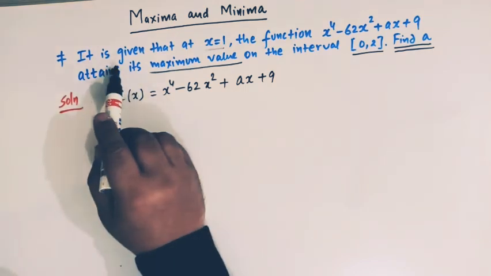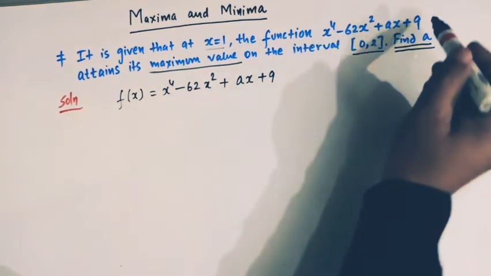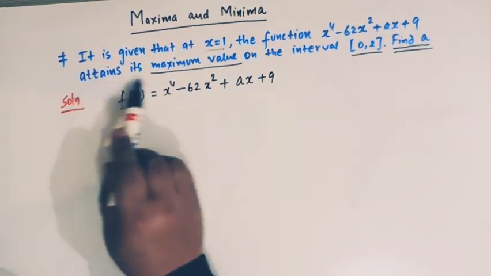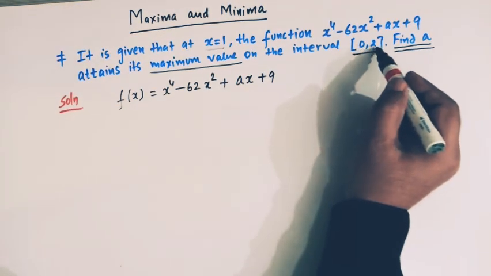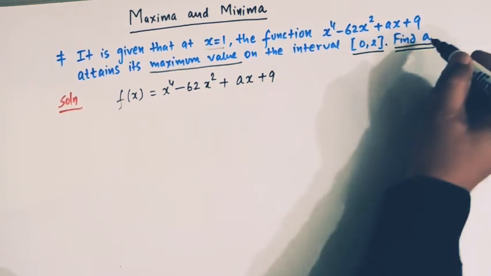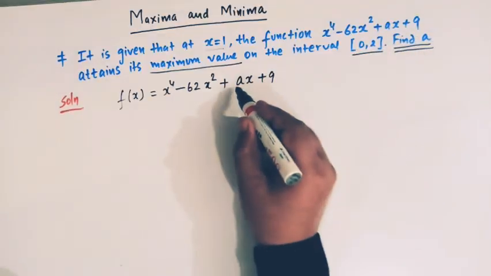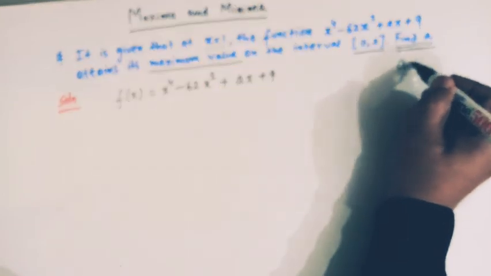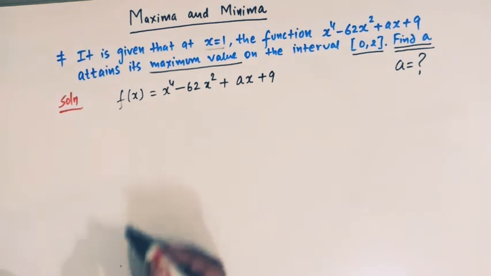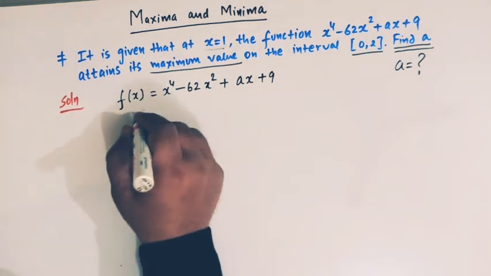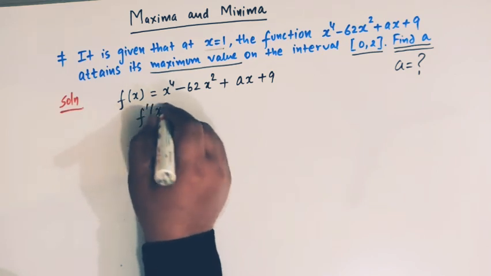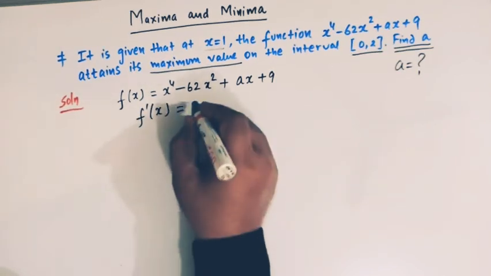So here at x equal to 1, this function attains its maximum value in the interval 0 comma 2, and we have to find the unknown value which is a. So we have to find the value of a. So what we will do, we'll differentiate this function, and the derivative is given by f prime of x is